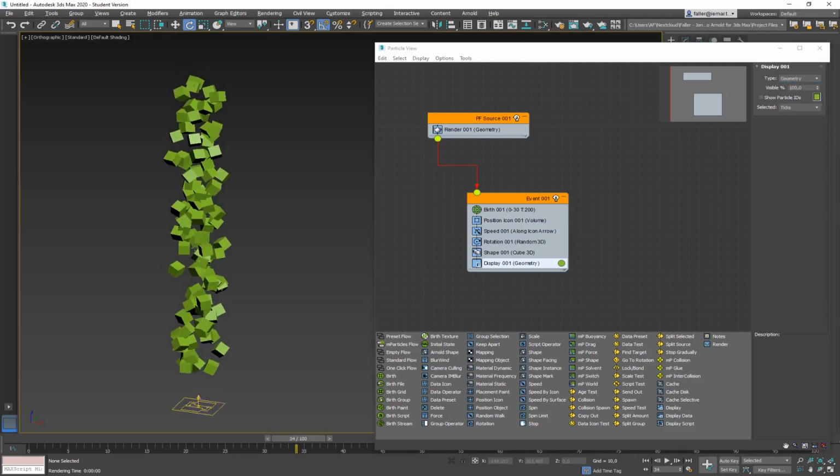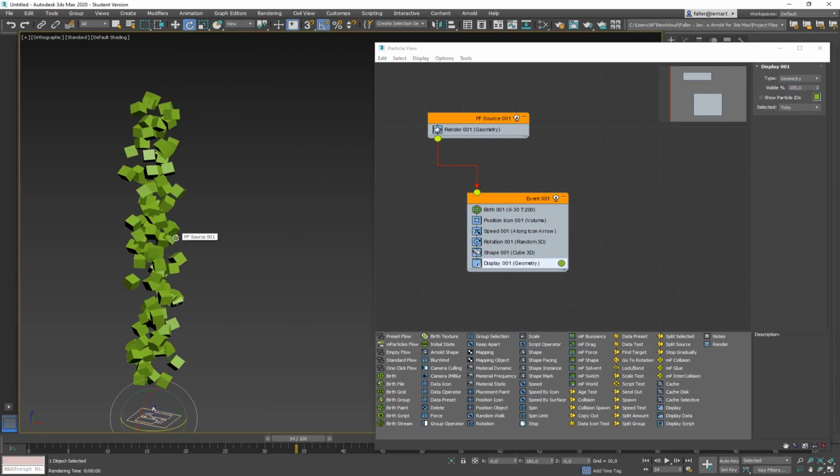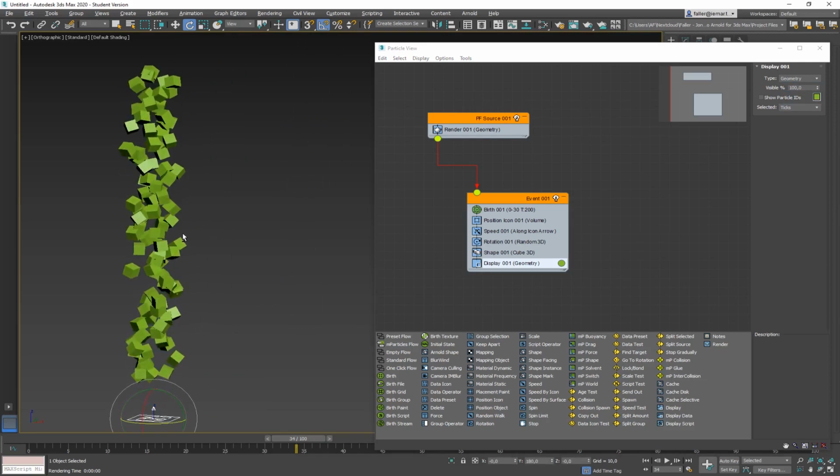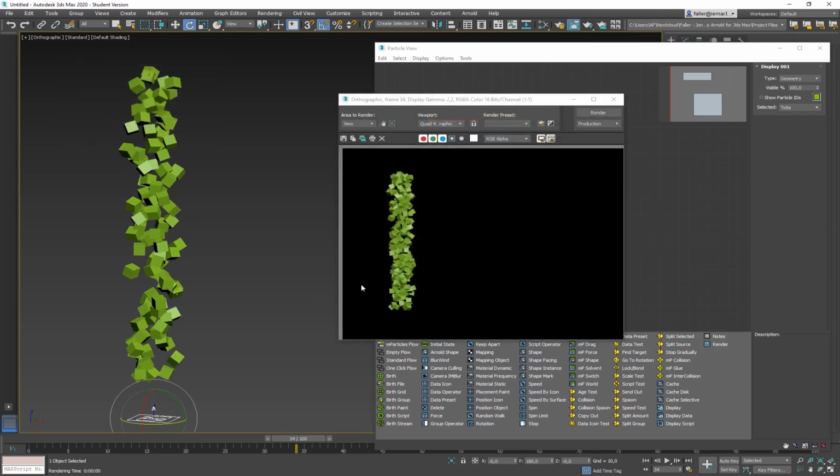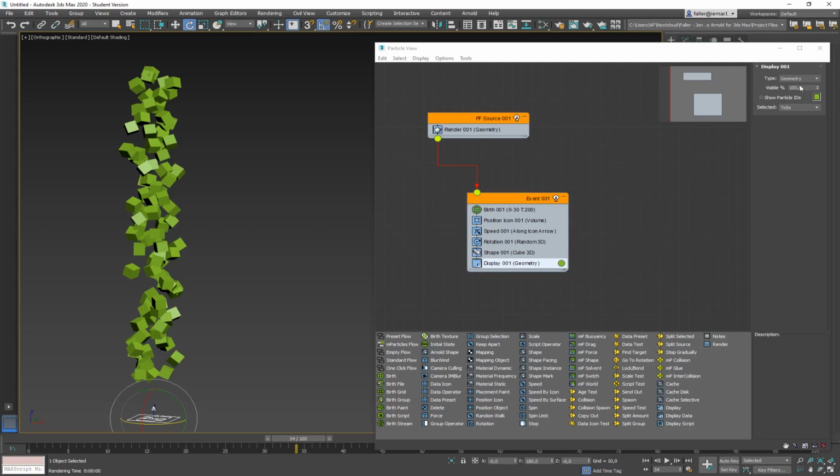So if I go into a shaded view, I see my actual particles and what shape they will have at the end. And also when you render it, you even get more. I don't know why, but sometimes here I was just looking for it. Somewhere it must have more geometry than actually particles. So here's 100% visible.